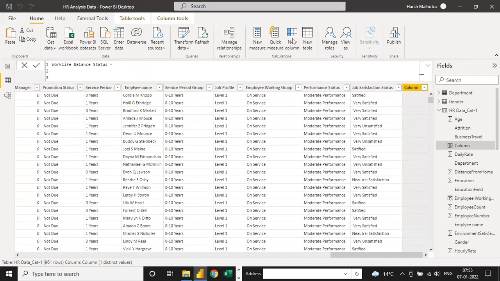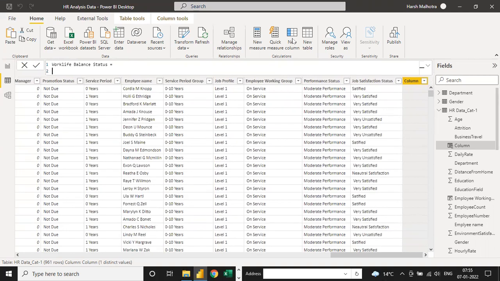So tell me guys, any 4 work-life balance statuses in your life? Suppose you are all working, so tell me any 4 work-life balance statuses in your job. Tell me guys, can you hear me clearly? Guys, tell me any 4 types of work-life balance status, because you are also employees in your company, and this is employee status.